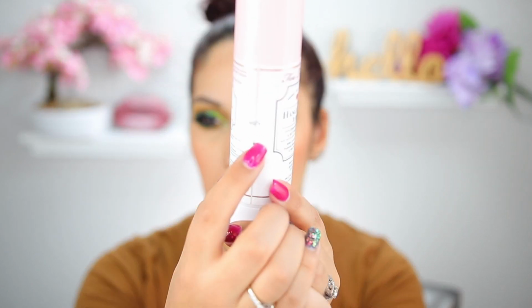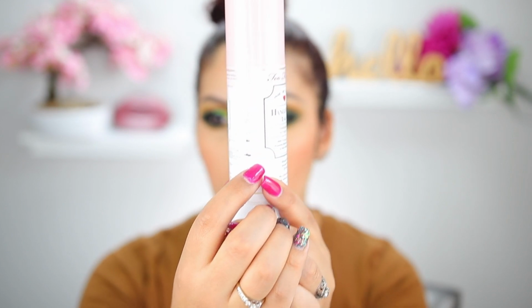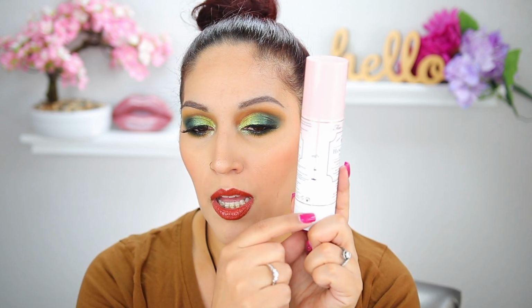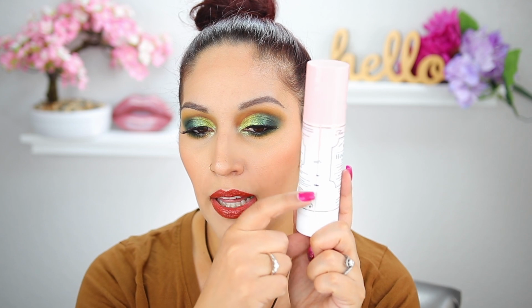Next up, I have the Too Faced Hangover 3-in-1 Replenishing Primer and Setting Spray. This was my last update, and this is where I'm at now. So I am definitely down under the halfway mark. I don't know if the product stops here or if it's all the way to the bottom, but I've made